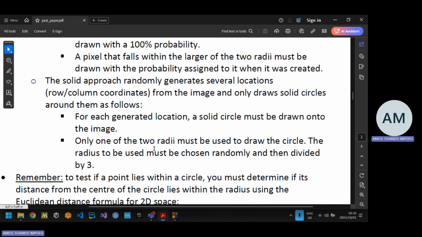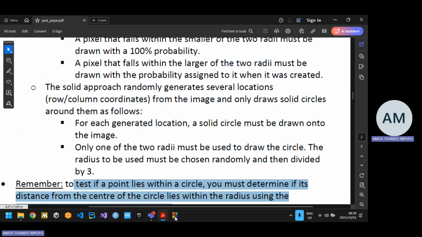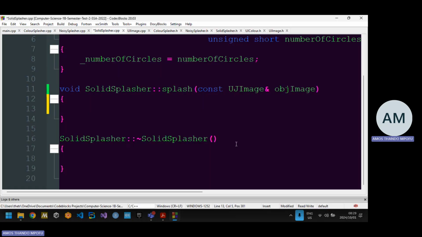So what if we go through each location, row, column, right? Then I think we have to do it that way. We have to go through every single row and column because they even point out that you need to use the distance formula or the distance function if you have one. So let's go through the rows and columns. So for unsigned short r equals 0, r is less than obj image dot